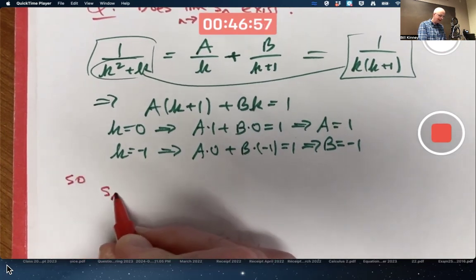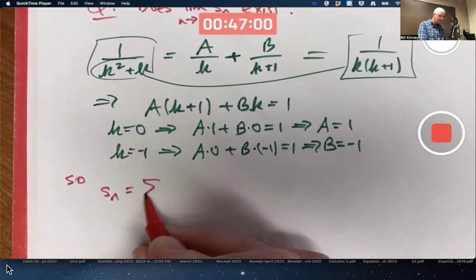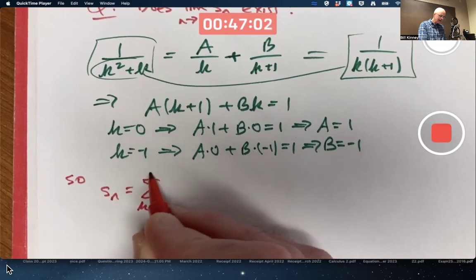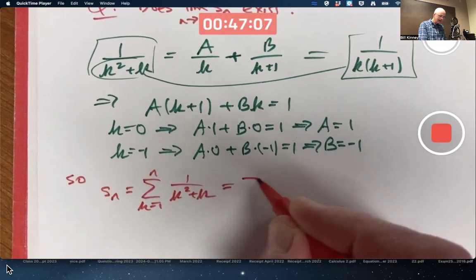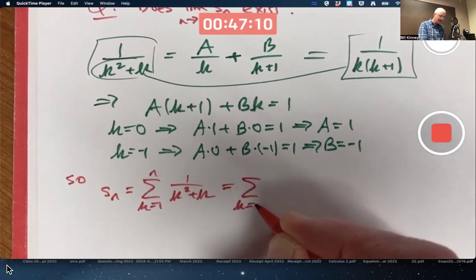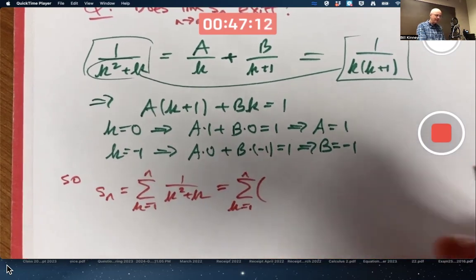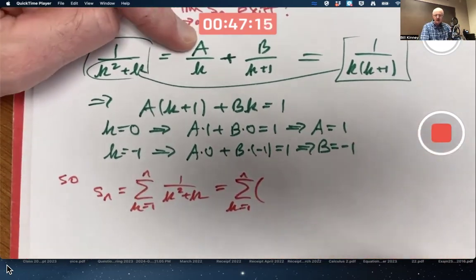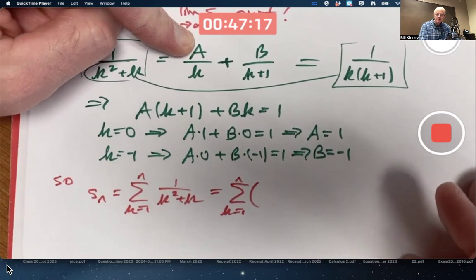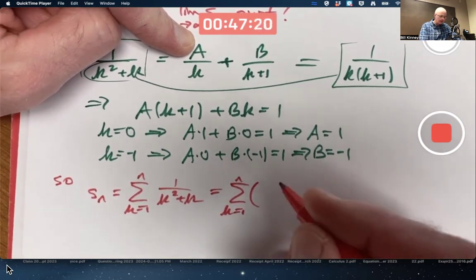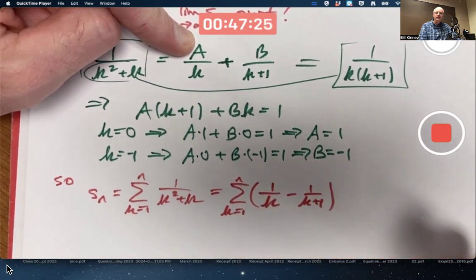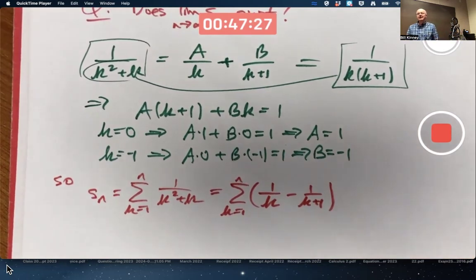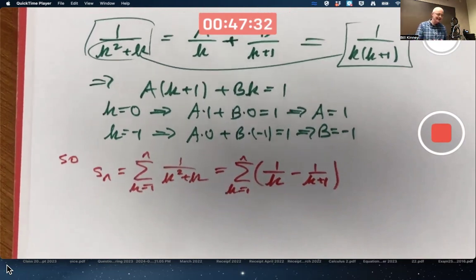So Sn for our example, sum K goes from 1 to n of 1 over K squared plus K can be written, sum K goes from 1 to n of what? Of this thing here in parentheses with A equal to 1 and B equal to -1, like this. Now, when you look at that, it doesn't seem like we've gained much, but we've gained a ton, because